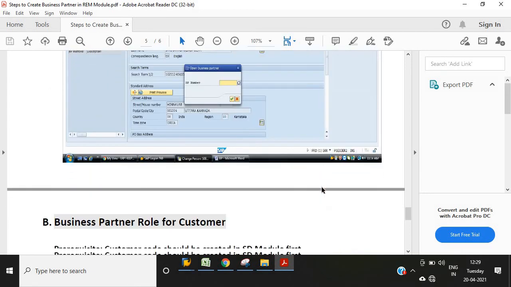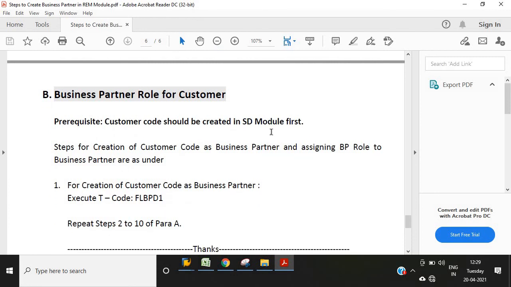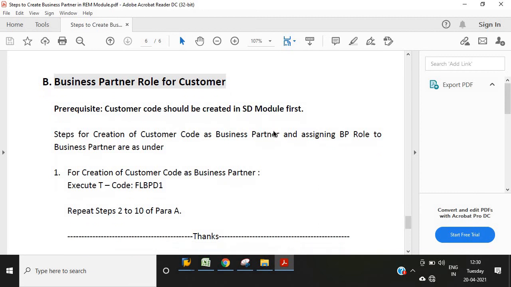The next part is the business partner role for the customer. The customer code should be created in the SD module first, just as the vendor code should be created in the FICO module first.